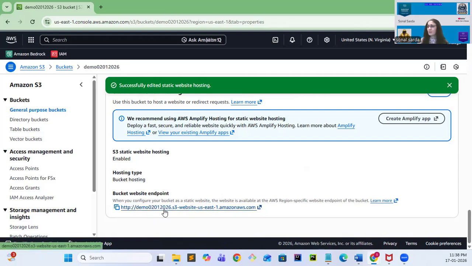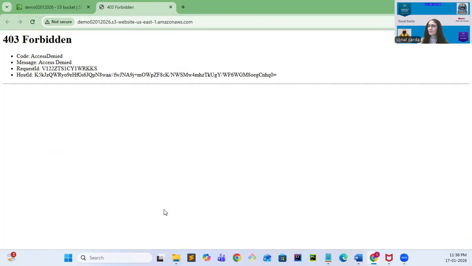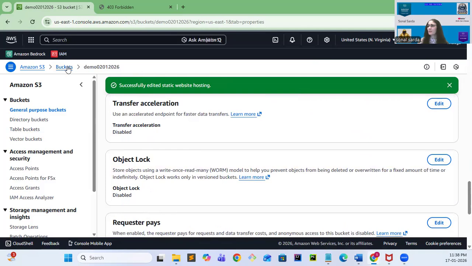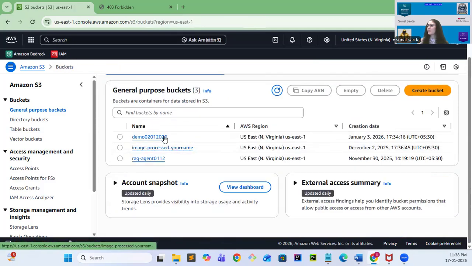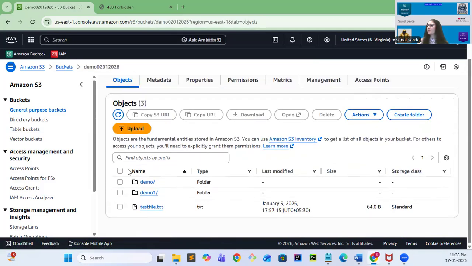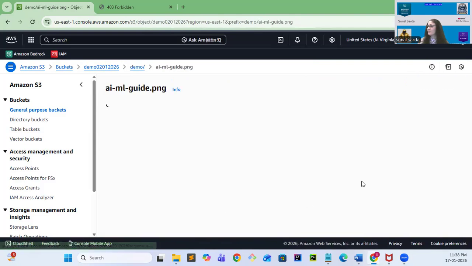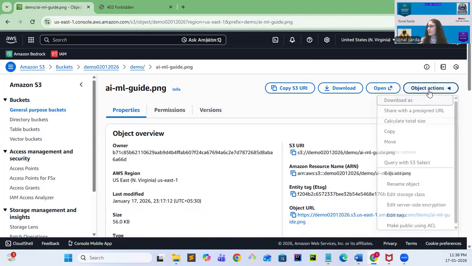Now, as I click on this link, it's giving the error forbidden, access denied. Basically, I have to give public access to my object. So let me do that. I go one level back, under the demo folder, I think I have already given it. Let me check quickly. One mistake I was making.